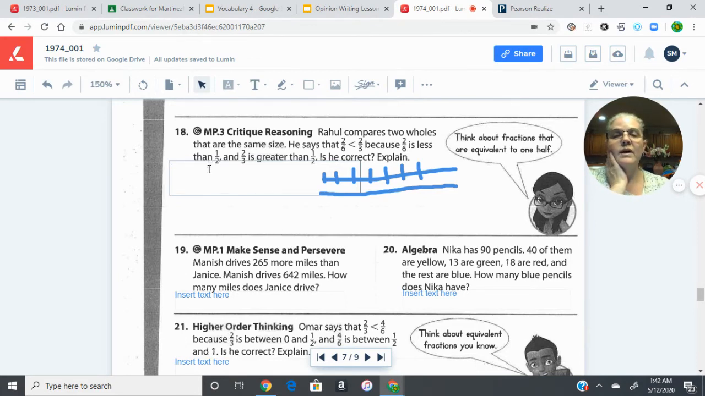Okay. So we're going to compare the two wholes that are the same size. He says that 2/6 is less than 2/3 because 2/6 is less than a half. So yes, we're going to say yes, he's correct, because 2/6 is less than 1/2, because